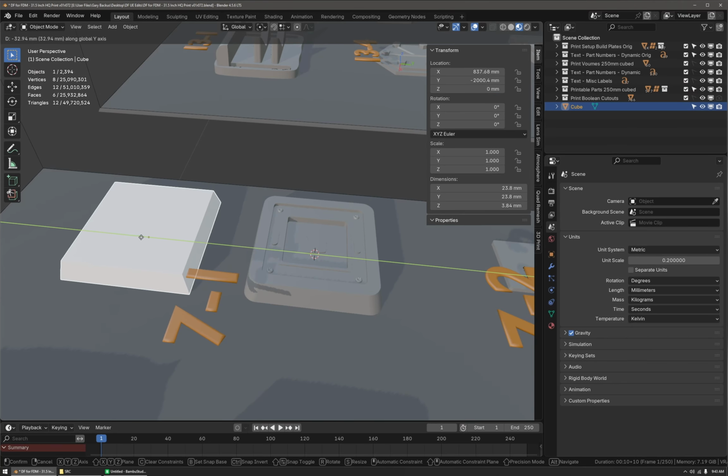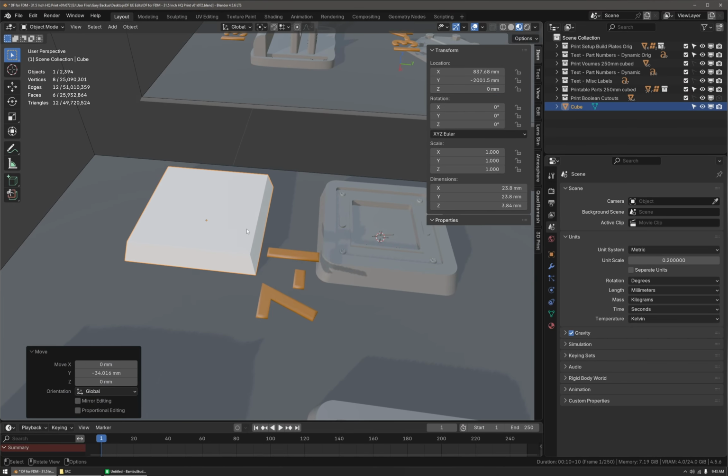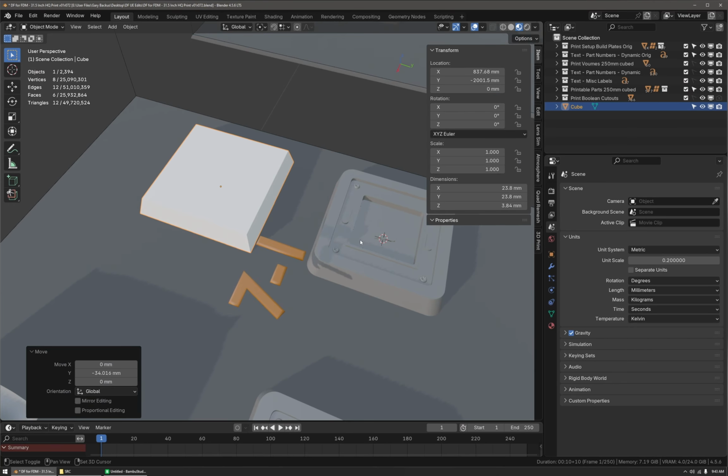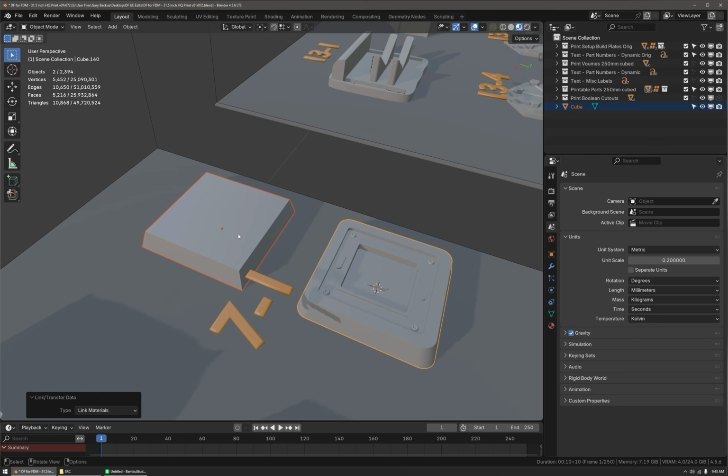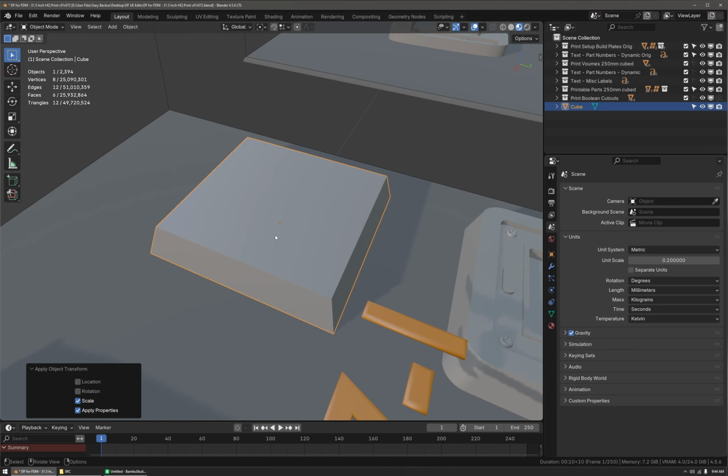And then I'm just going to move this object to the side so that, again, I'm going to recreate the general idea of this object. It's not going to be the exact recreation. I just want to demonstrate how I create an object like this. So let me go and select this object last and link the material. I'm going to now apply the scale on this object so that any modeling operations we do will behave as